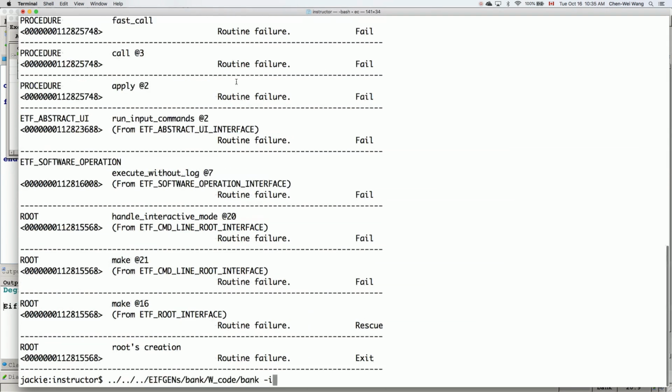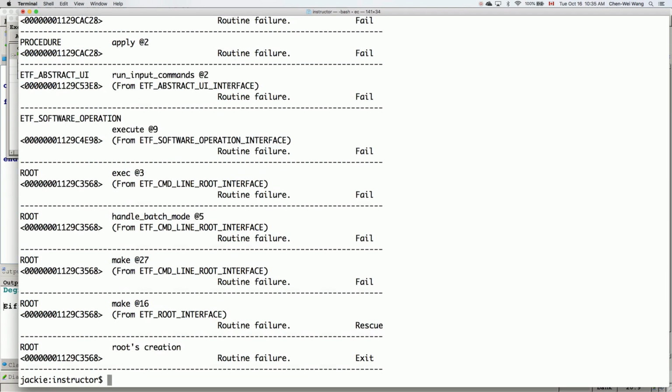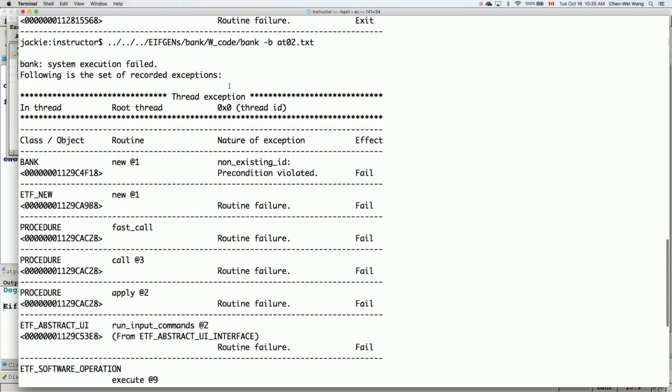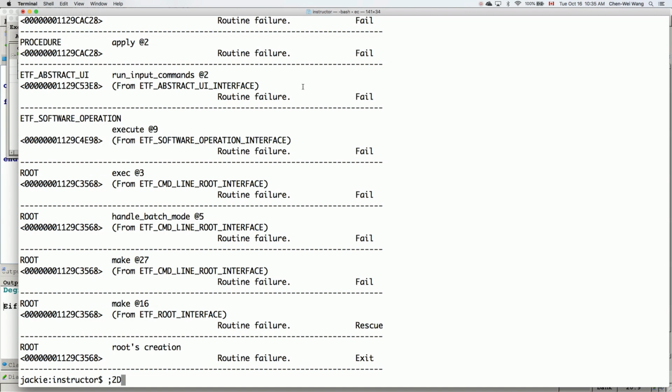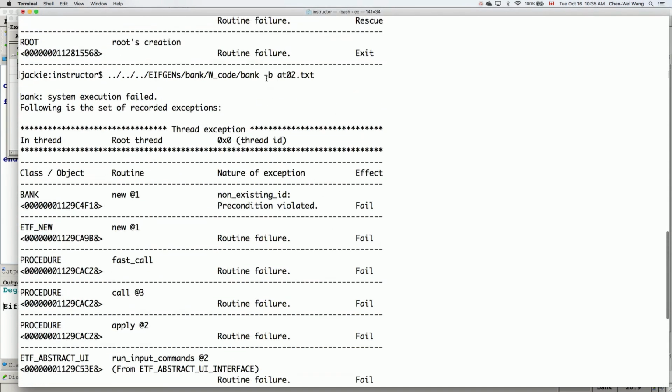Let me just rerun something here for you. Remember the batch mode that we did over here, that's where we saw the stack trace, but as I said, it's already too late for you to debug. So this is basically the startup project executable, and these are the arguments that we want to pass. I will simply go back there, and then let me copy again, -b